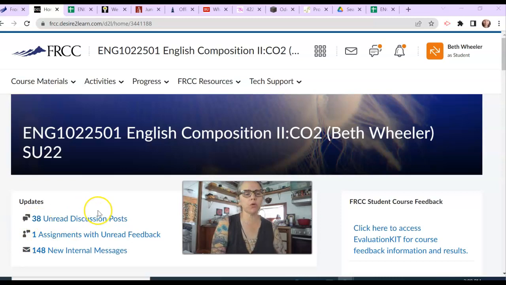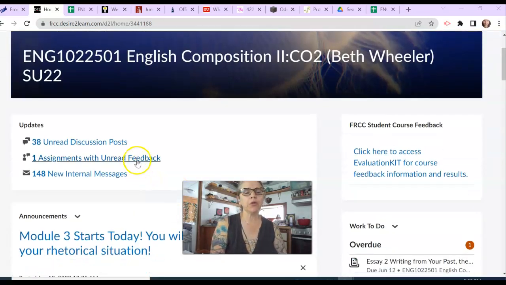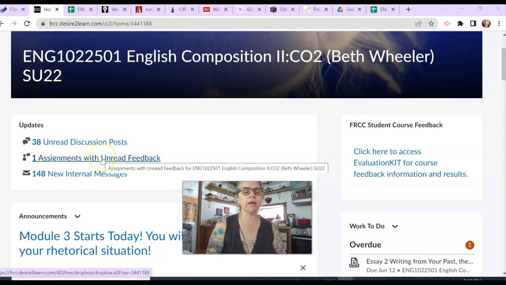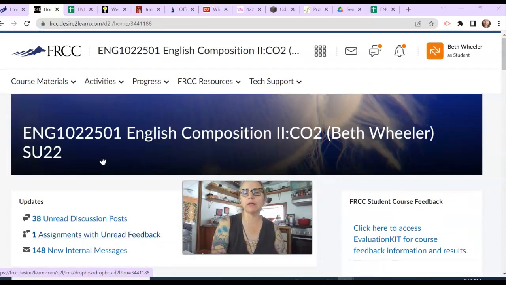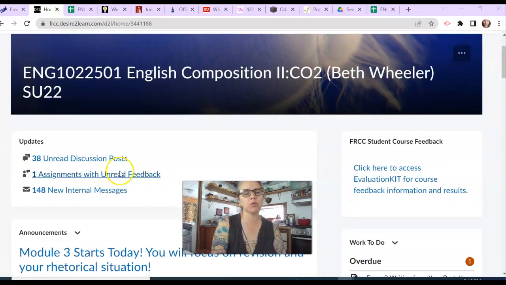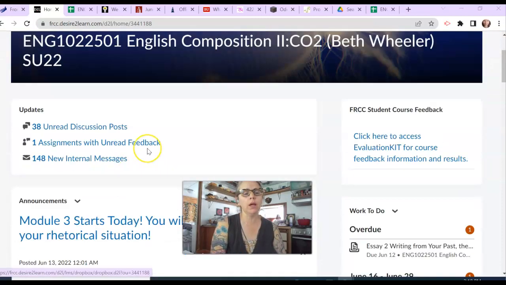And so let me start with notifications. I am logged into D2L as a student, so you should be able to see the same things that I'm seeing. You'll notice that in the updates area, when you have a graded assignment, it tells you. So this is one way to receive a notification if you don't want notifications coming to you from an internal message, a D2L messaging system. So this is one way to find it as well.